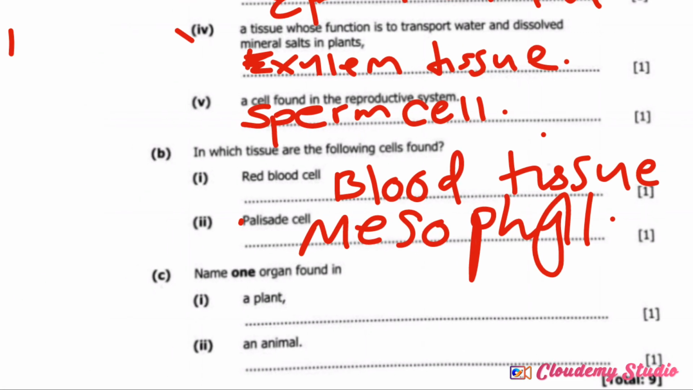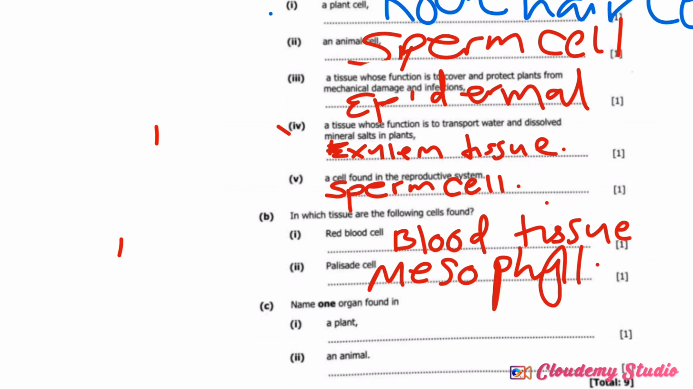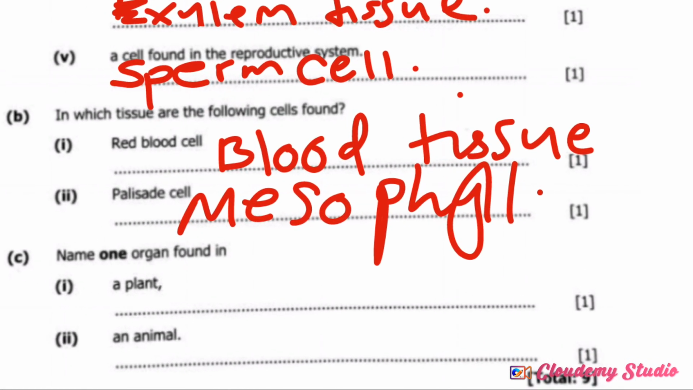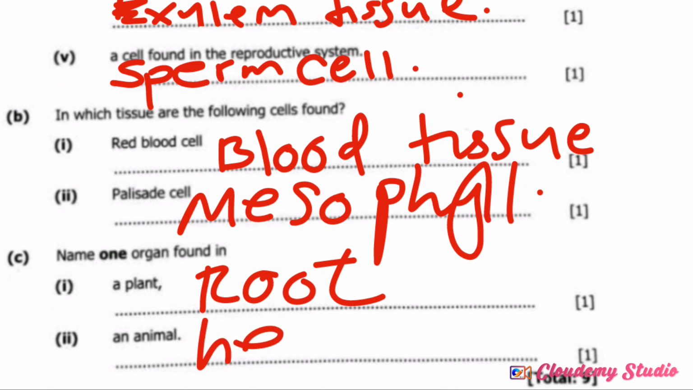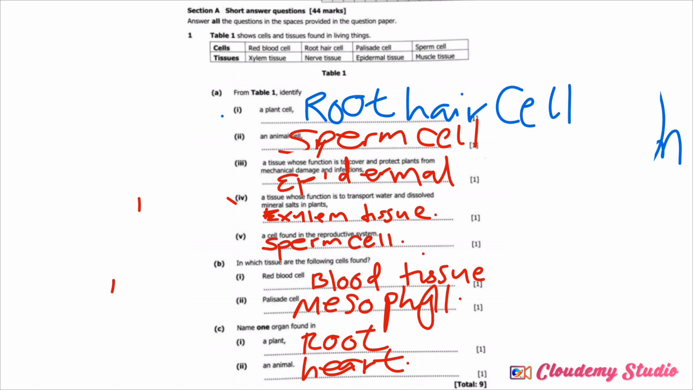Then C. Name one organ found in plants. In plants, there are so many organs. In animals also, there are so many organs. For the sake of the answer, in plants we can say the root, since it's one mark. Root is an organ in plants. Then when it comes to animals, you can even put the heart. The heart also is an organ. That's all. So this is the question number 1. Then we can go to question number